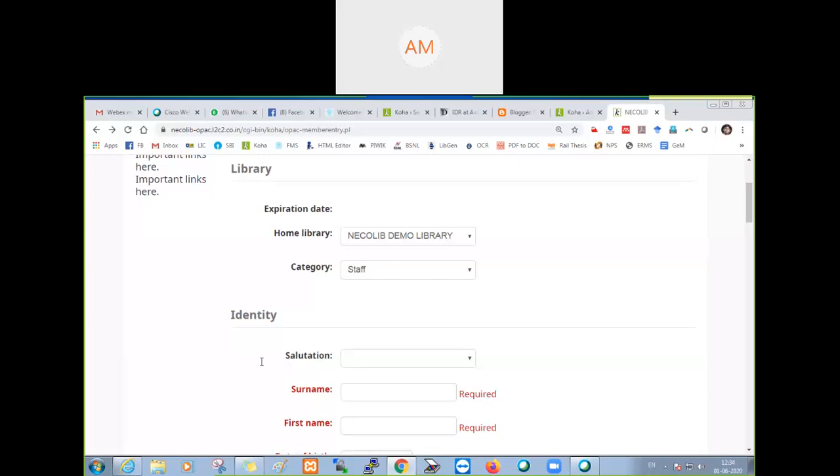Any more questions? Whenever you ask a question, your queries will be cleared. Those who are working in different libraries may have several questions. I have been working with the Koha system for around 6 years, and we have faced different problems in our library and cleared all those queries.